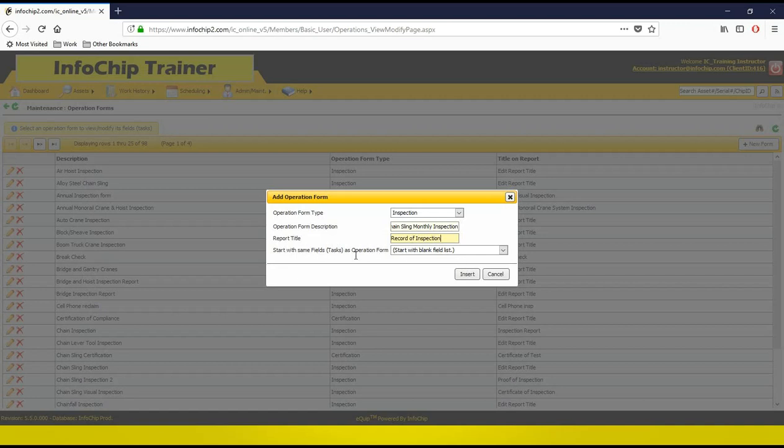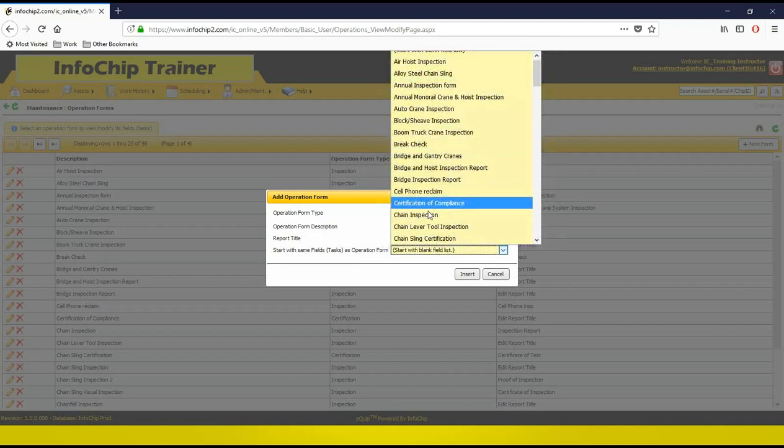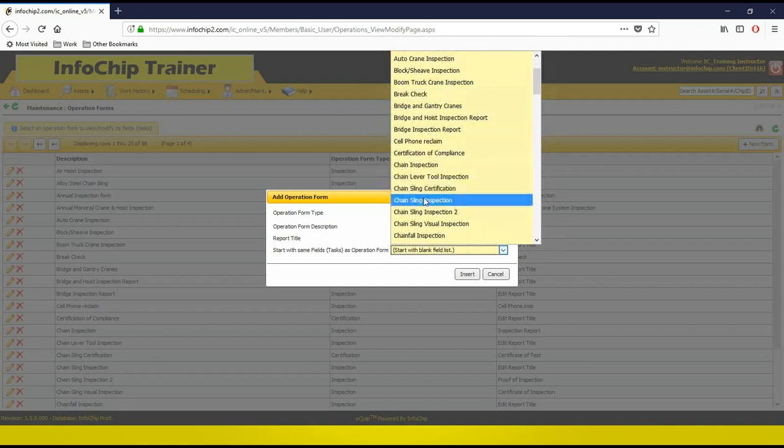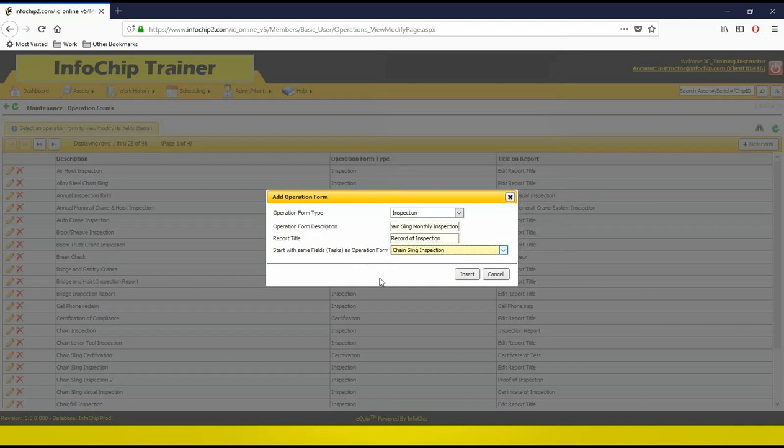And then the last field we have is start with the same field tasks as a different operation form. What we can actually do is, let's say that we're creating a chain sling monthly inspection that's a little less intensive than our annual inspection that we might be doing for a customer once a year. We could choose our chain sling inspection form that we already have and start with the tasks that form has on it already. So if I choose that and I hit insert,